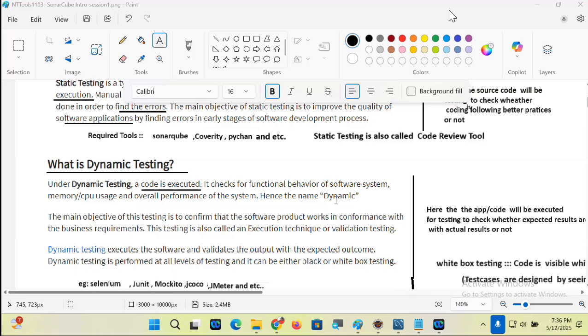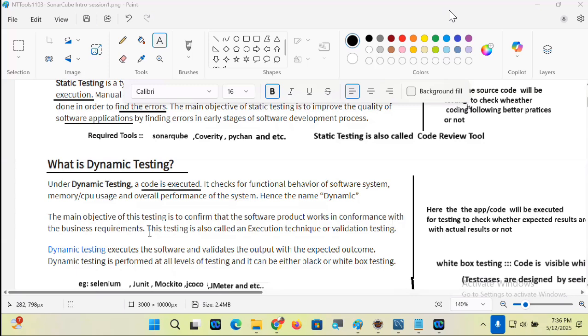Functional features will be tested by matching expected results with actual results. Non-functional features will be tested by getting information about performance, security, memory utilization, etc. The main objective of this testing is to confirm that the software product works in conformance with the business requirement.